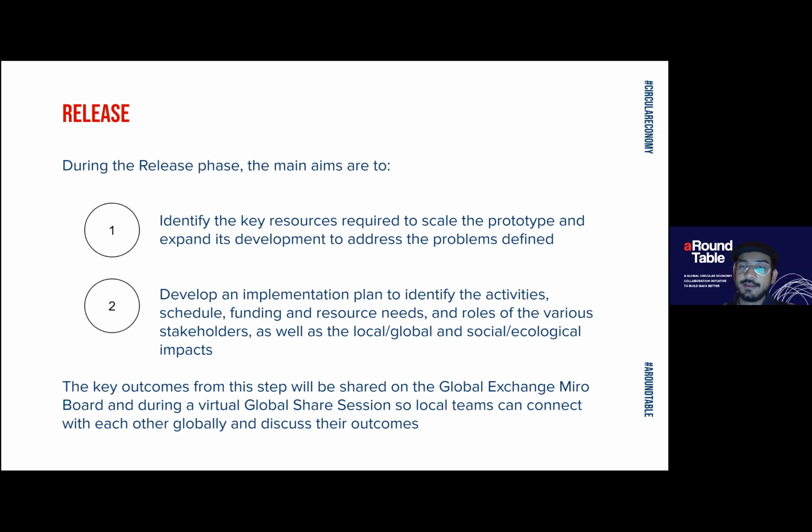And of course, as I mentioned before, throughout all this, there'll be the opportunity to work across communities globally, to share ideas and feedback and get input from each other so that there's a global exchange happening as well, and opportunities to potentially combine efforts and work across multiple communities.